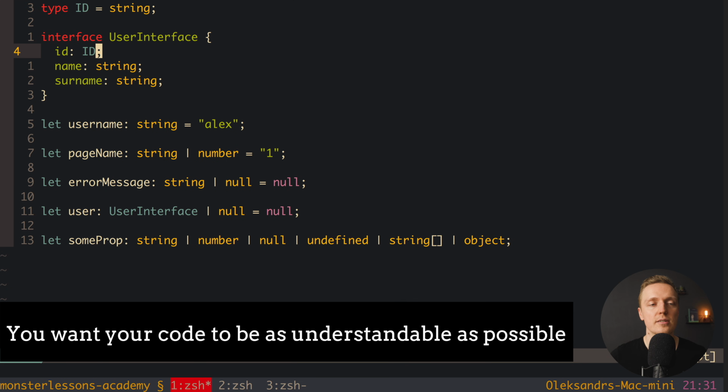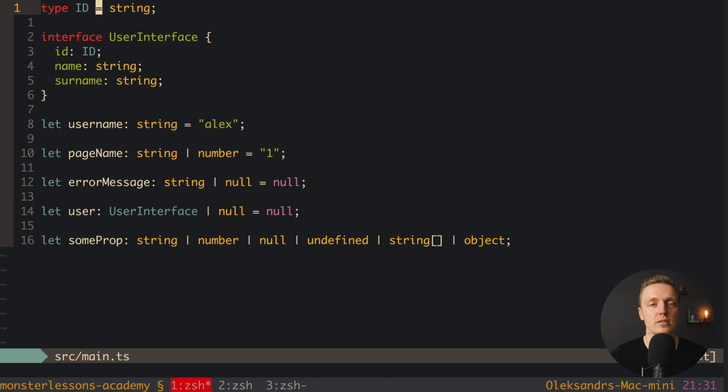And it is really nice to create some type ID and use it inside all entities, for example, inside user interface. So we can write aliases, for example, for basic types like strings or arrays and use them everywhere, like here in username or inside interfaces in props. In this case it is really nice because you see that okay, this is ID and this is type ID. It's not just some string, because everything is like string, object, array, it's not clear, but here you have a human name, so you create something like a unique entity that you can use everywhere.